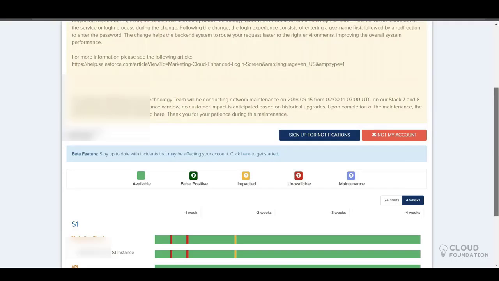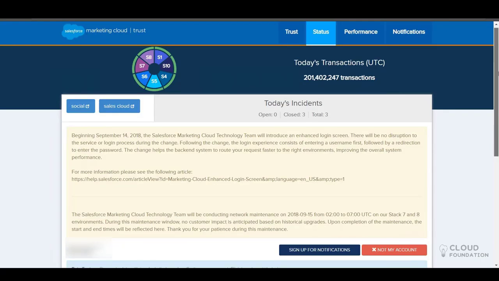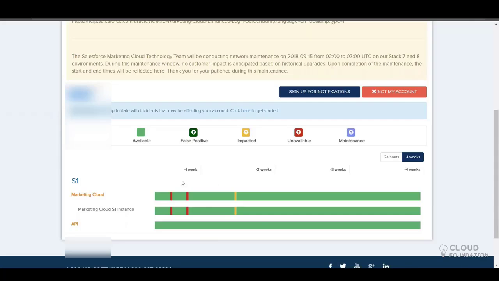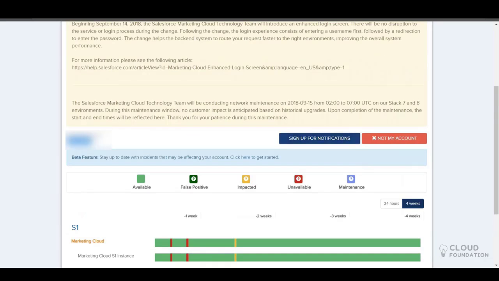This will be helpful to you day in and day out. Let's say you opened your Marketing Cloud account and you're not able to log in, or you're able to log in and it is very slow, then you can straight away go to this Trust site, give your MID, and then just check the server health. And if there are any maintenance activities, those will be posted here, and you can go through that as well.